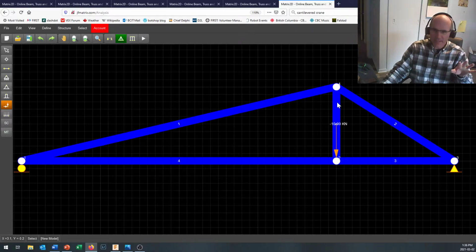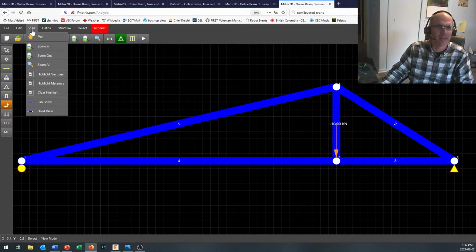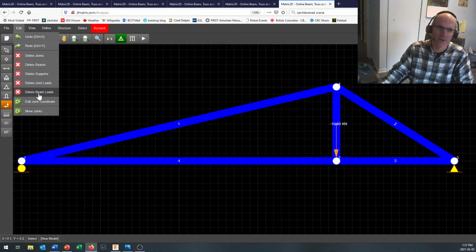Now, the only thing that makes me say anything other than perfectly wonderful things about JFMatrix, because it is a nice asset to have available to us, especially for free. We do appreciate that. Just in case anyone from JFMatrix is listening, thank you. Been using this for a couple of years now. We can't just click on this node and drag it to a new position. It's probably harder to do in a JavaScript thing or whatever programming language this is written in than I give it credit for. What we have to do is we have to come in here and we go Edit Joint